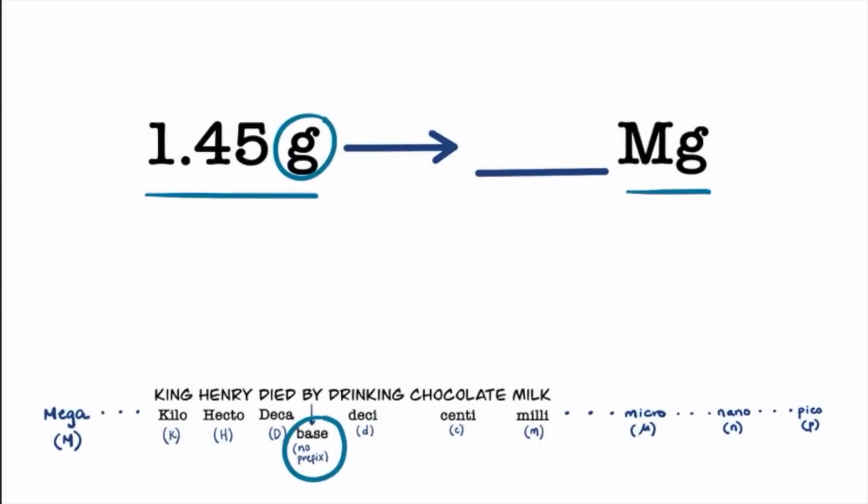We will box where we want to go, which is mega. We then count how many steps it takes us to get from the base to mega and the direction. In this case, it took us 6 movements to the left to get from the base to mega. Moving the decimal place 6 to the left gives us